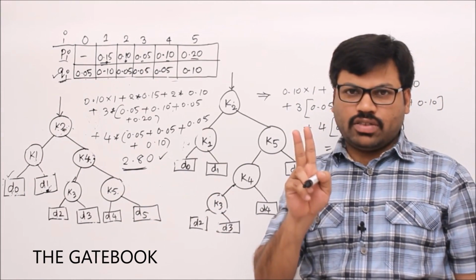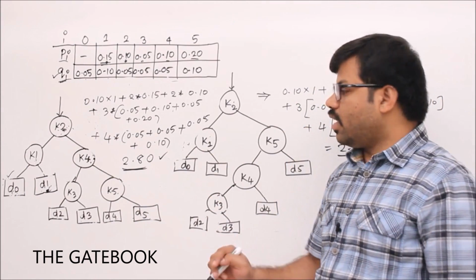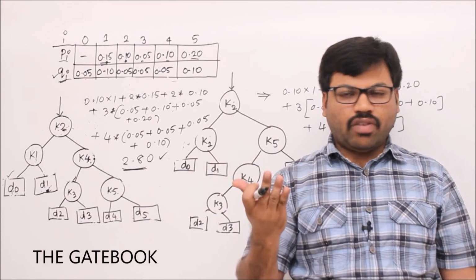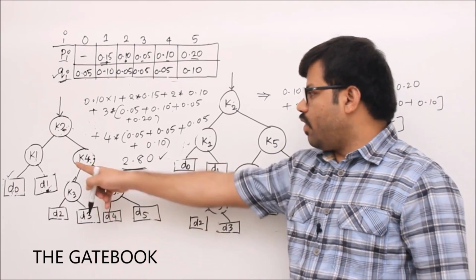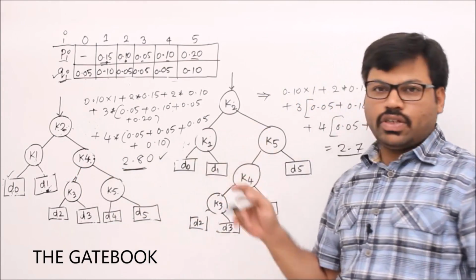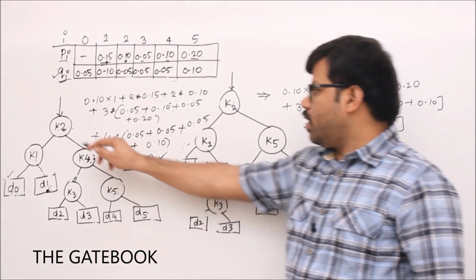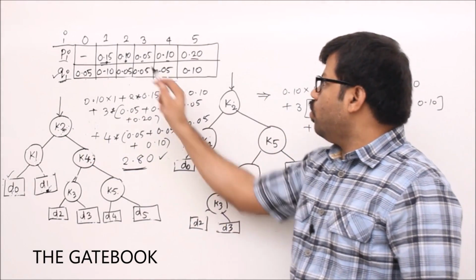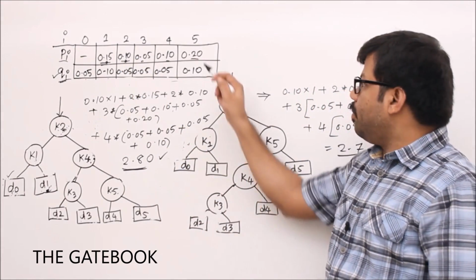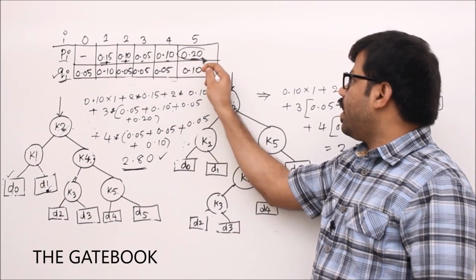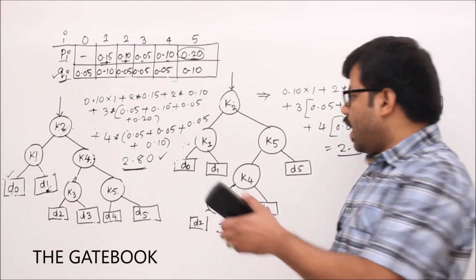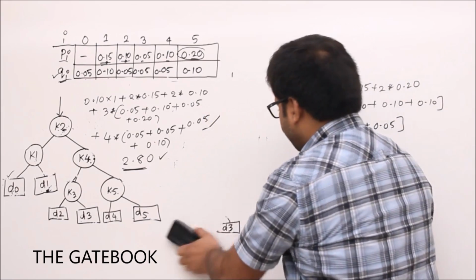So you have two things in your mind. One thing, you are thinking that if we have a balanced binary search tree, probably that may give the optimal solution, but that is wrong. We have here a balanced binary tree, but it is not giving the optimal solution. We have a better solution. Second thing, I kept K2 as the root, whose frequency is 0.10. Now what we do is we try to keep the most frequent data item or key at the root, and we try to do the same thing. So we'll calculate the search cost.